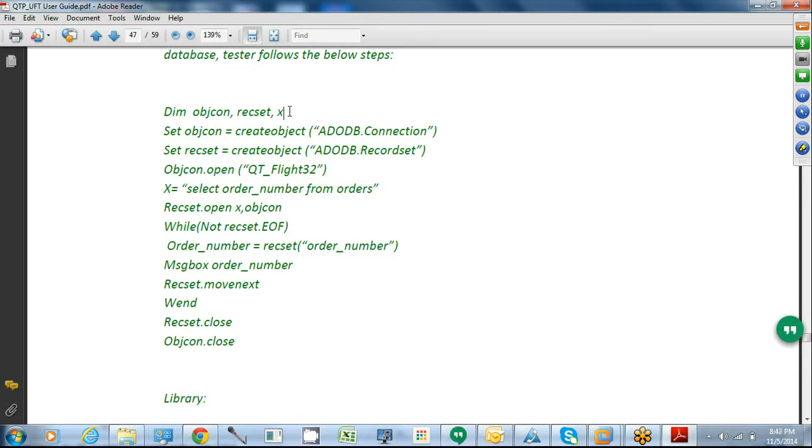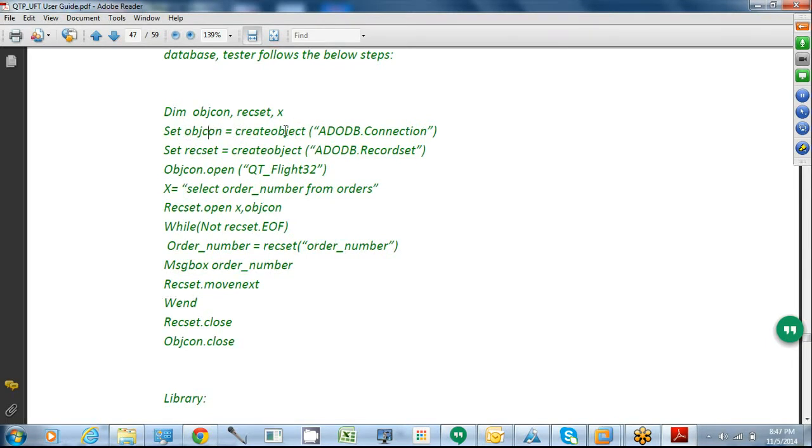So 3 elements are required. Now first of all, there is a built-in method called CreateObject to create an ADODB connection. Simply use CreateObject with ADODB.Connection and store that in a variable called objcon.